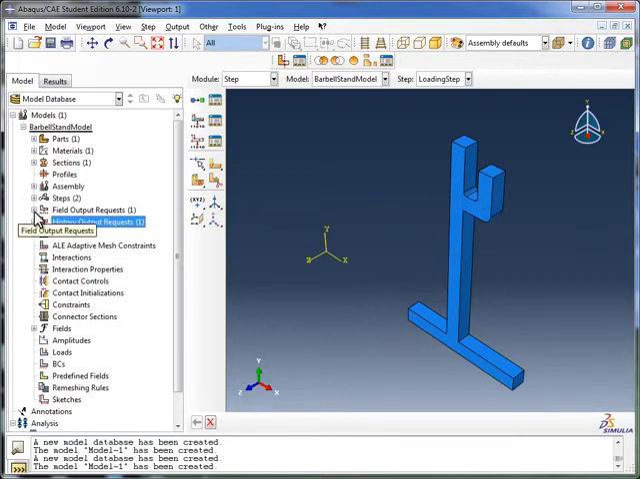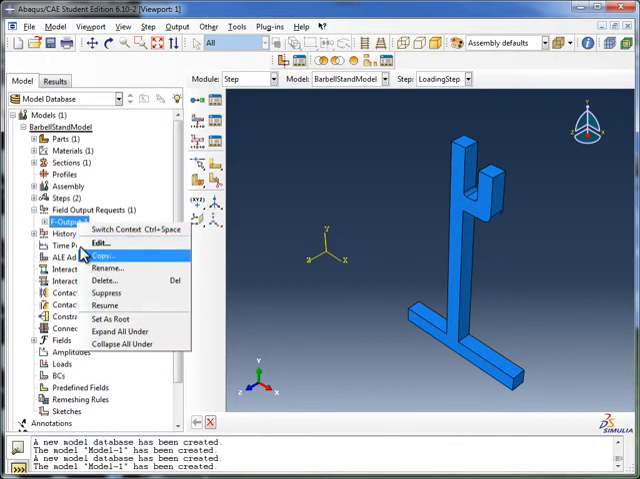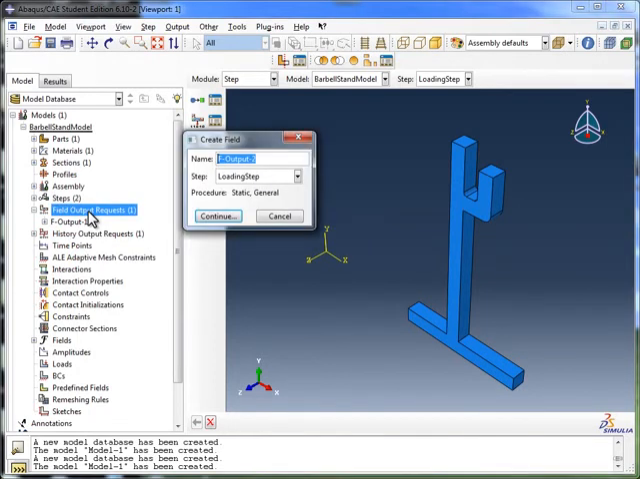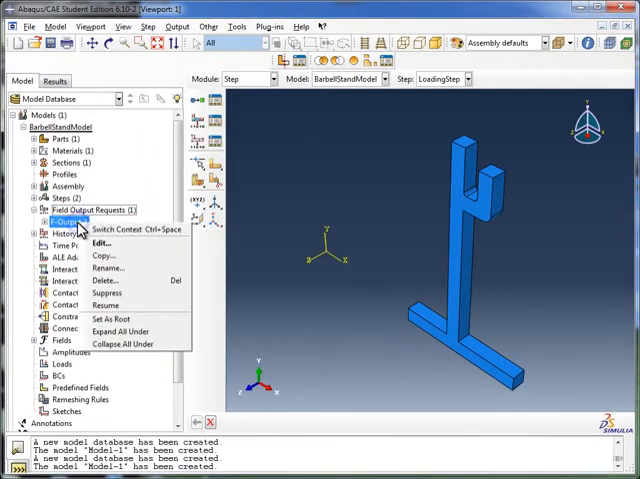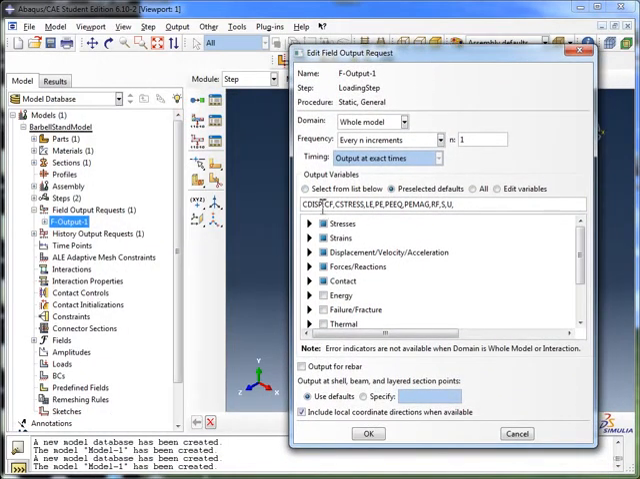We're gonna go ahead and expand out the field output requests. You see Abaqus by default creates a field output request, and you can right click on that, delete it, and then create a new one by double clicking on field output requests, and you see it's calling it F-Output-2. Or we could just modify the one that's already there by right clicking on it and saying edit. And by default, Abaqus selects a few variables that it thinks are useful in all simulations. So you see you've got pre-selected defaults